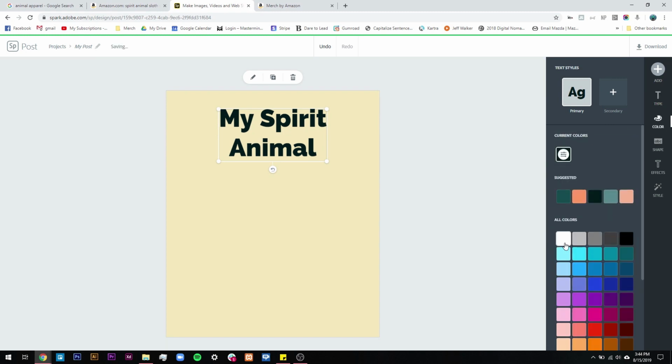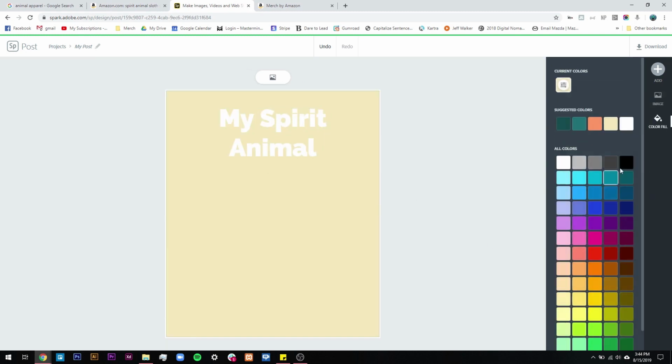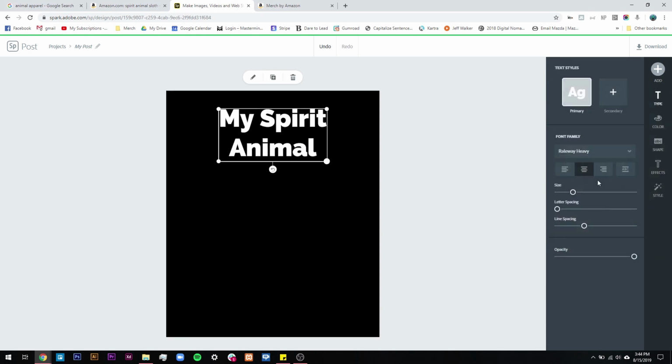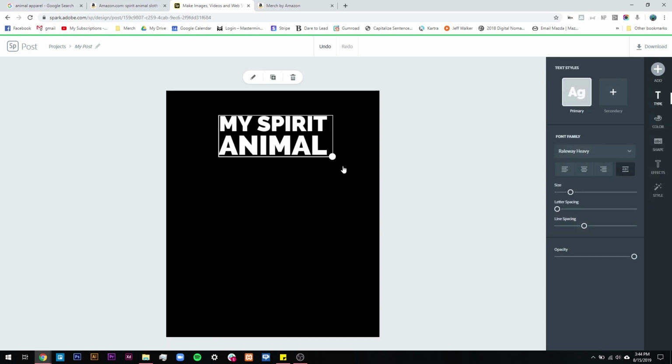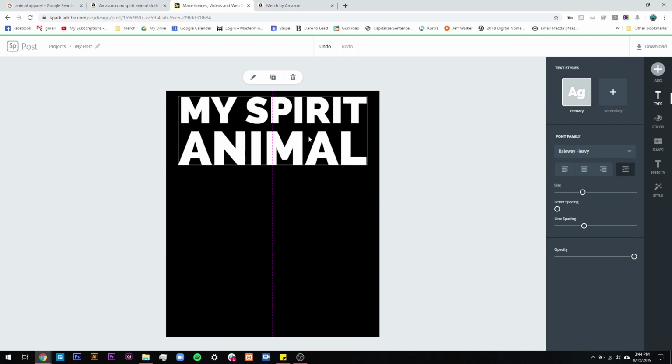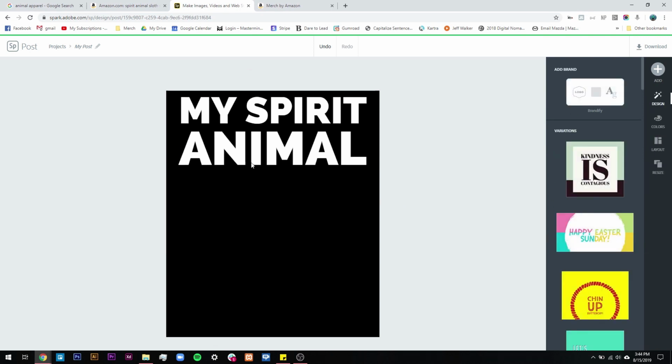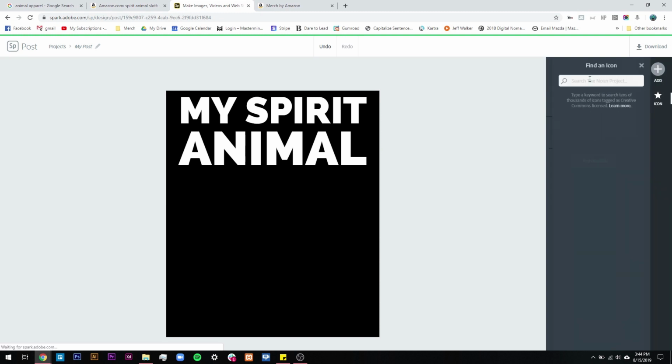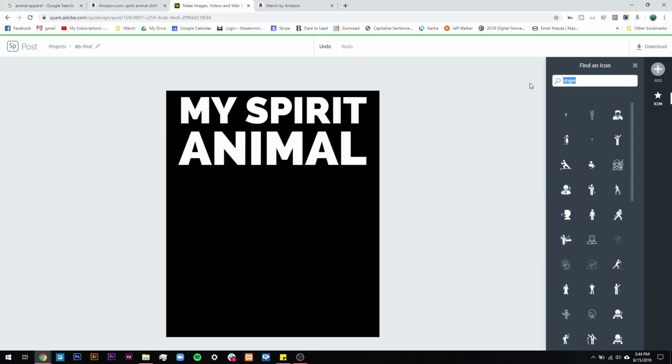Again, I'm going to change this to white, and just so I can see that a little bit, I'm going to change my background to black. I'm actually going to use this capitalize and fit because I like the way that looks. So I'll go ahead, capitalize, fit, push it up towards the top where I want all my graphics, and make sure that's centered. Now I'm going to go into icon, type in sloth, not singer,